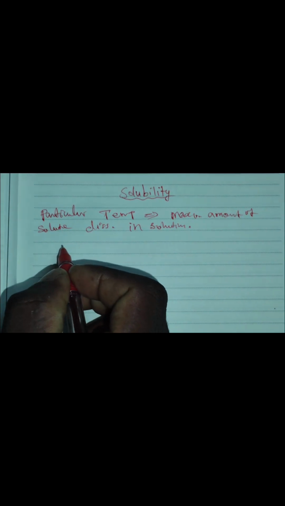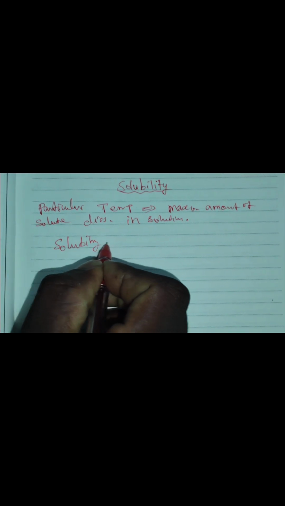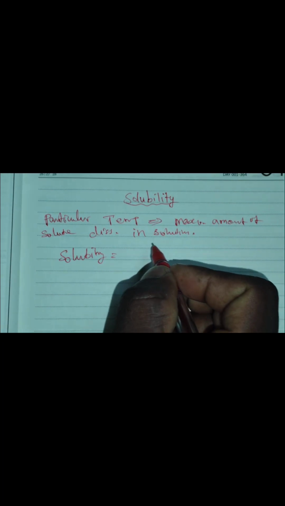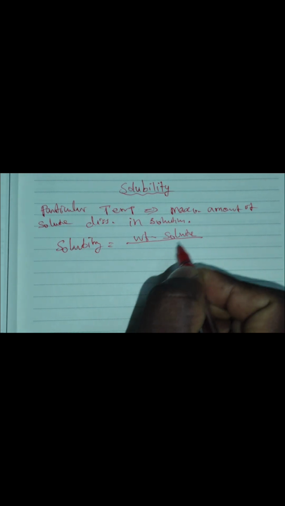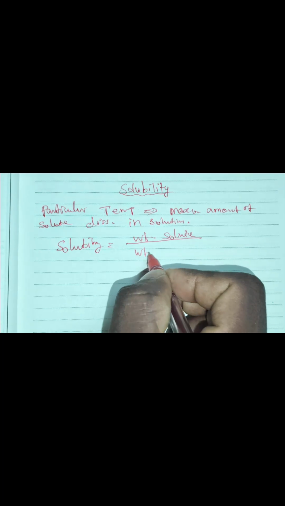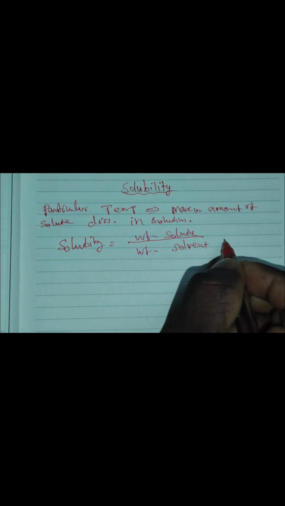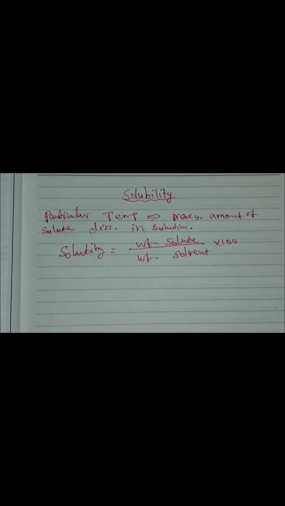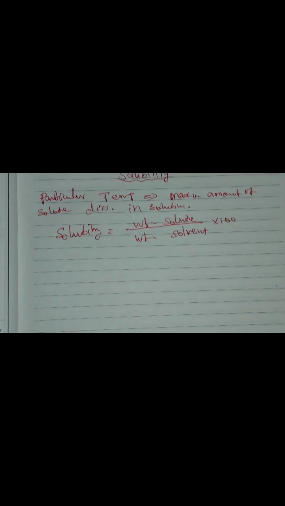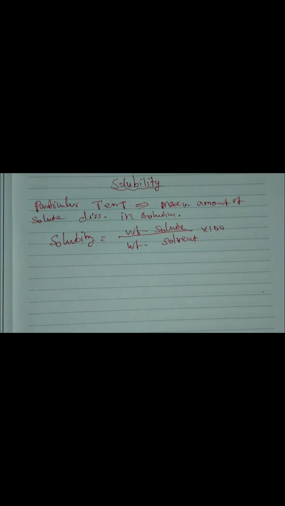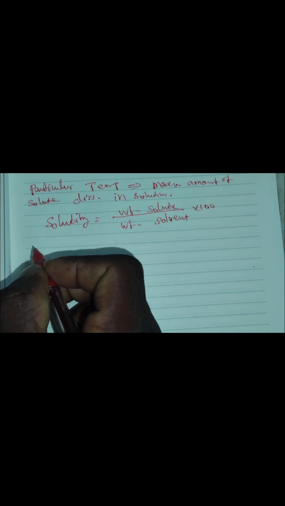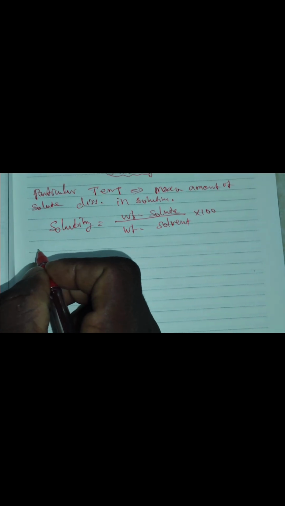In general, the formula is: solubility equals weight of solute divided by weight of solvent, into 100. So this formula is for calculating solubility. If a problem is asked, we can use this formula. Now, for solubility there are only two types of solutions. Previously we studied the general 9 types of solution. Among that,